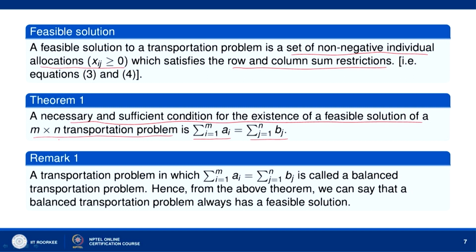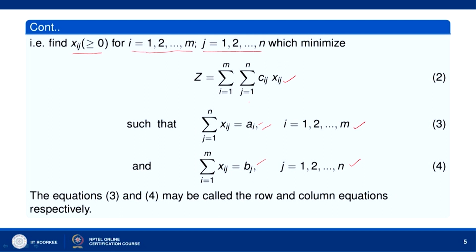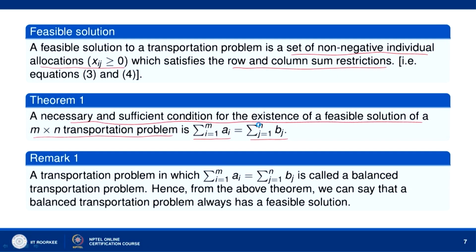So, we have the transportation problem here, it is an m by n transportation problem, because you can see here i runs from 1 to m, j runs from 1 to n, and there are a total of m plus n equations here. These are m equations, these are n equations. It will have a feasible solution if and only if sigma i equal to 1 to m A_i equals sigma j equal to 1 to n B_j. So, this condition is necessary and sufficient for the existence of a feasible solution to a transportation problem. This condition we have assumed, and therefore, our problem will have a feasible solution.